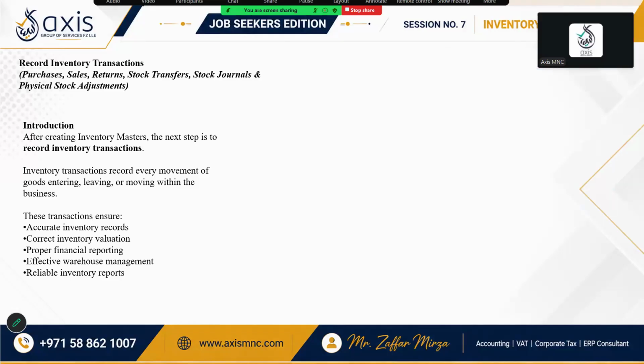So now, introduction. After creating the inventory masters, the next step is the inventory transactions. Inventory transactions record every movement of goods, entering, leaving, and moving within the business. These transactions ensure accurate inventory records, correct inventory valuation, proper financial reporting, effective warehouse management, and reliable inventory. If you do not record the inventory movement properly,